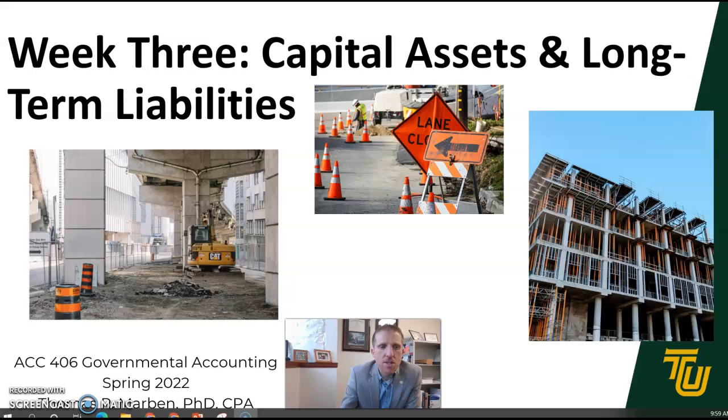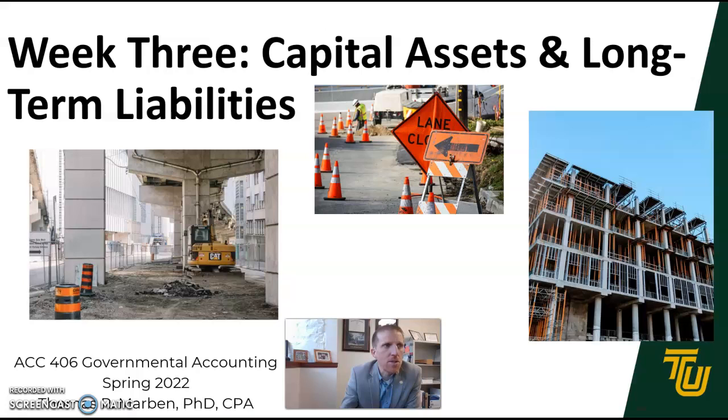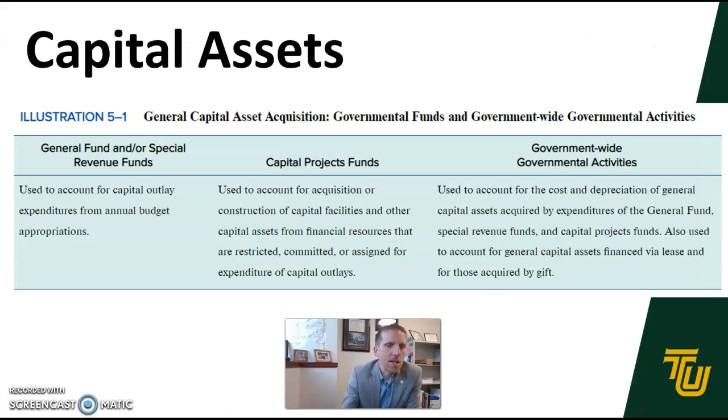So let's take a look at some of the more unique items here for week 3 as we dive into our capital assets. The first thing is that we have this capital projects fund,